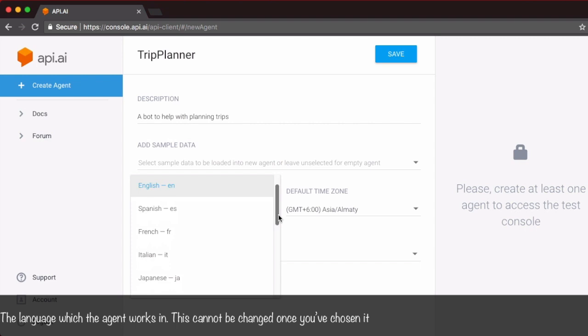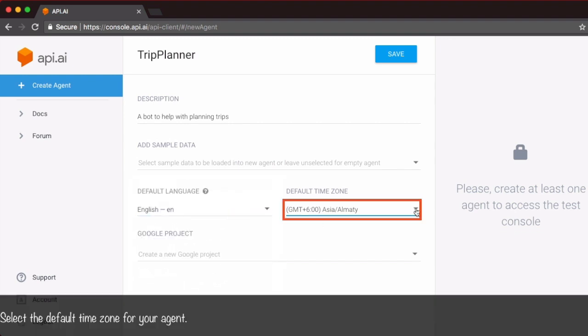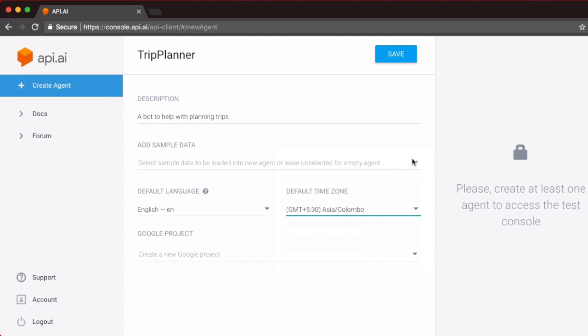As you can see, there are a number of different options, and the number of options will only increase as the Dialogflow team adds more and more languages here. I'm going to go ahead and choose English because that's the only language I know on this list. Also, this course is in English. Next up is the time zone field. This is the field which specifies what time zone your bot lives at. Here, the field is a little wrong. I'm based in Bangalore, India, and it says GMT plus 6 hours, whereas it's actually GMT plus 5.5 hours. So I'm going to click on the drop down, make the correction, and then move on to the Google project.